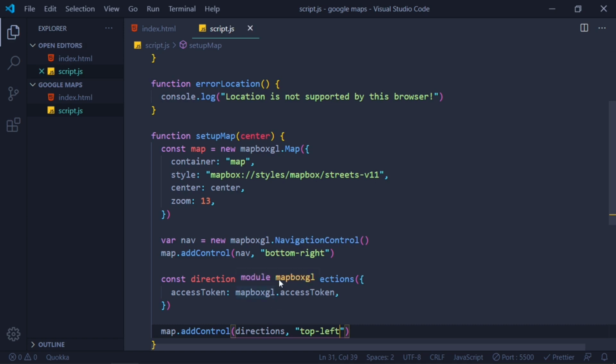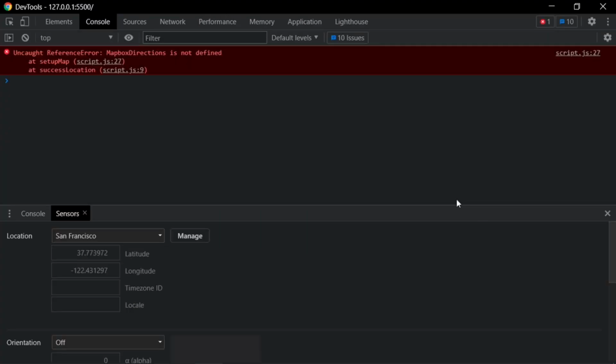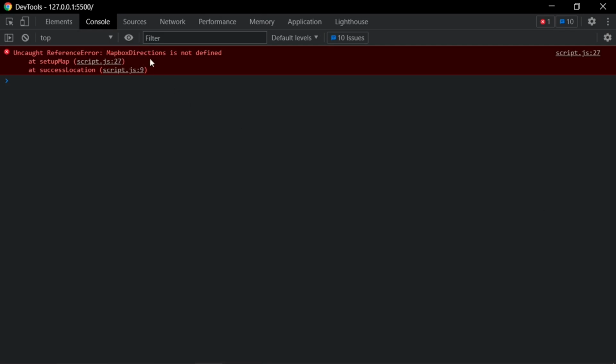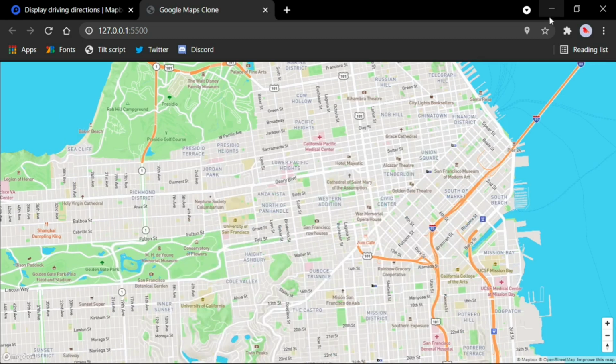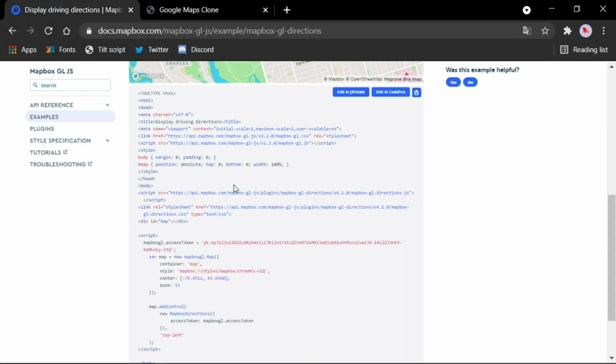So if you save this and come here, we will get an error which says MapboxDirections is not defined. So to fix this error, let's go here and you will see these two links of CSS and JavaScript.